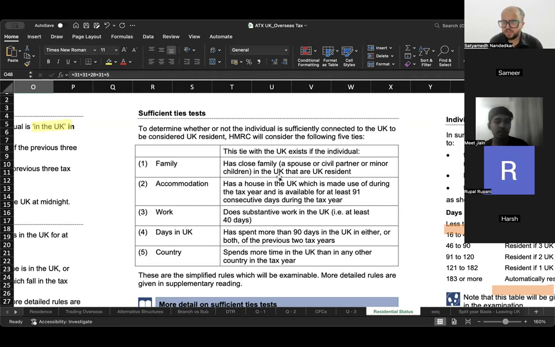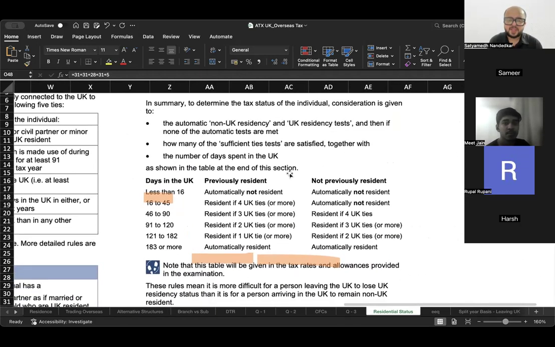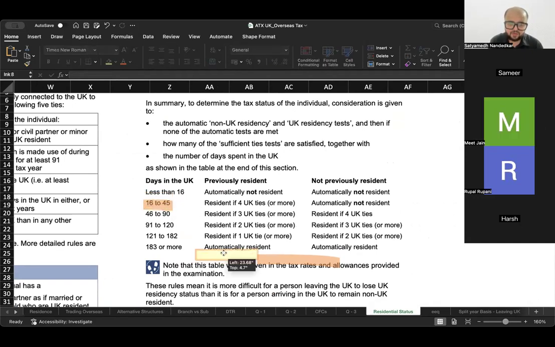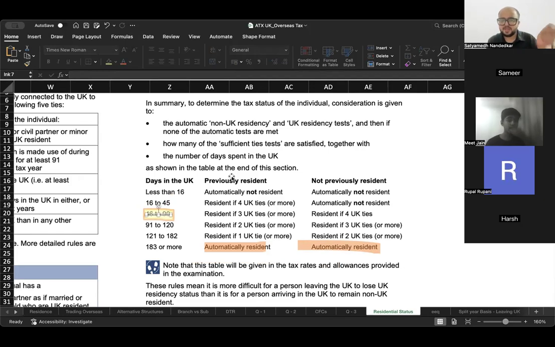अब exam में you might be given some of these sufficient ties and you have to evaluate. उसके साथ साथ ना this table will also be given to you. So how to read this table? If you were previously resident in the UK, ठीक है, and in the current year you were in the UK for say 46 to 90 days, say you were in the UK for 50 days, then if you were previously resident you would be treated as resident in the UK in the current tax year if you fulfill 3 ties or more. But